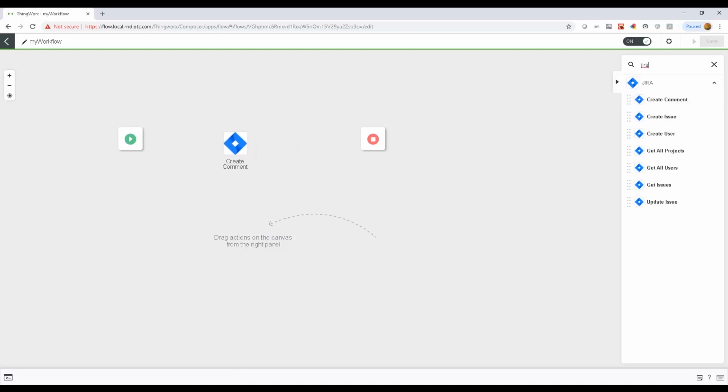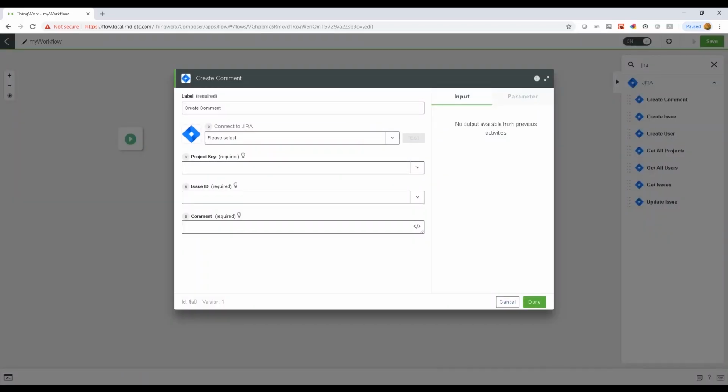We drag and drop the create comment action. If I click on the settings icon, I'll see the various input fields for this particular action. And the important field here is the connection to Jira. This drop down typically shows you an add new item. That is, if you do not want to use one of the connections that you created previously, you can click